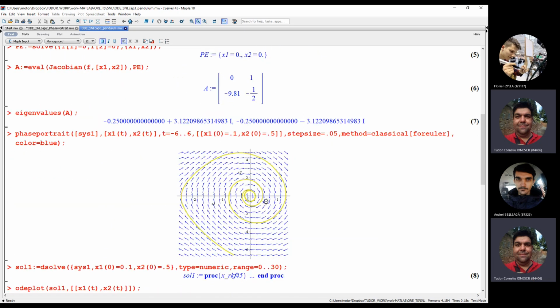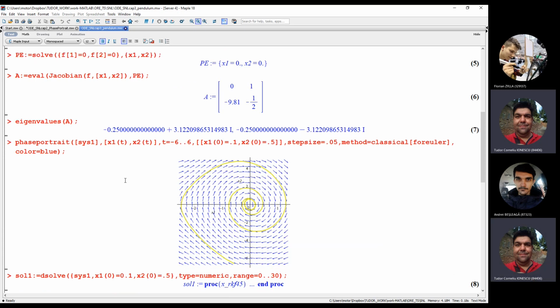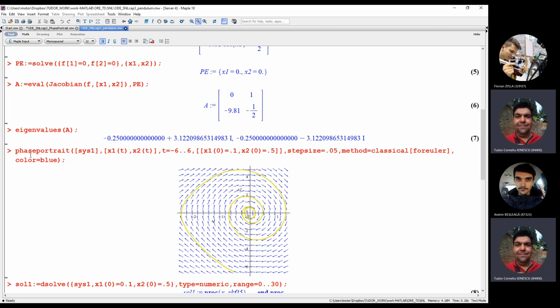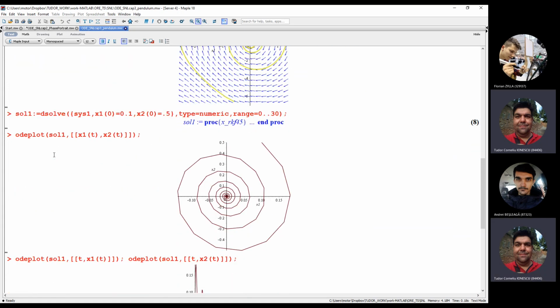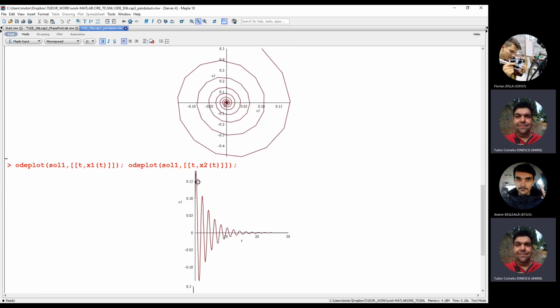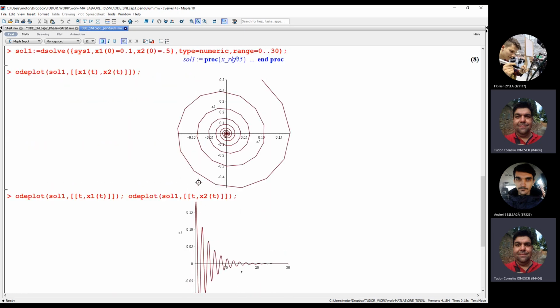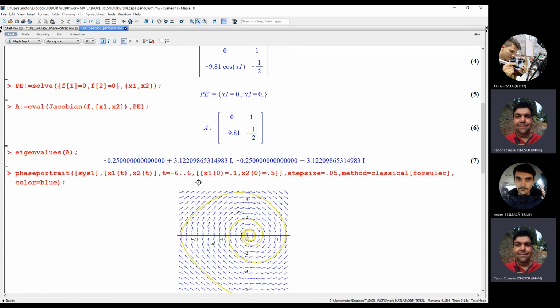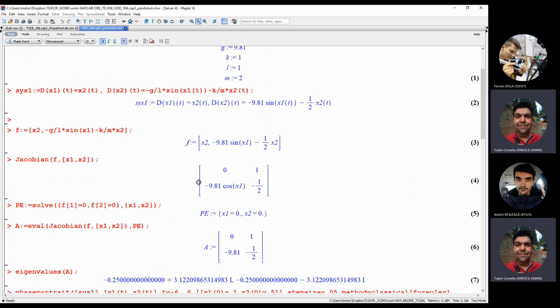And look, phase portrait. Phase portrait, you see? This guy is the phase portrait. You can compute the phase portrait. There is a special command about this called phase portrait. And here I try to do the phase portrait using plot of the ODE solutions. This is also very nice. And here, these are the time domain solutions. But here, what you can do, you can also implement